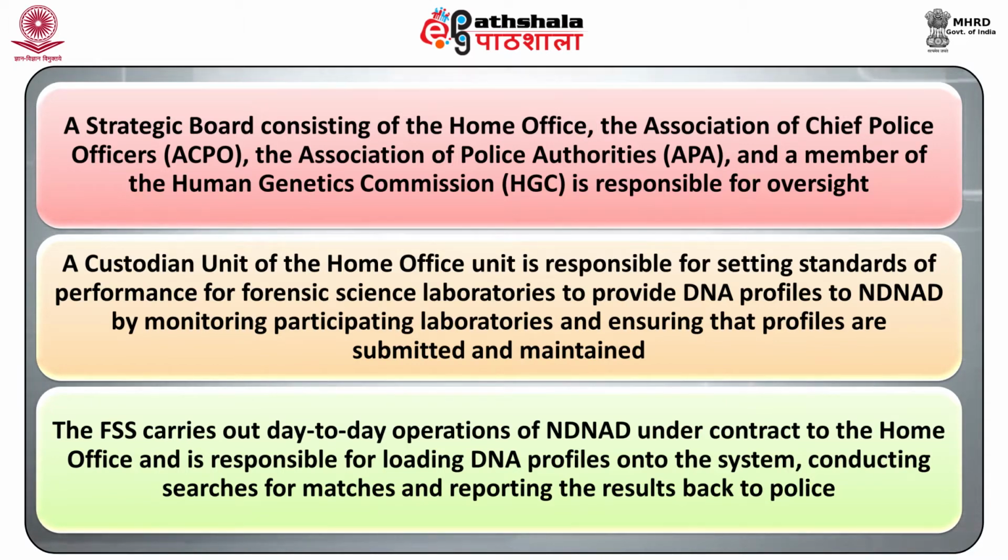Next is a custodian unit of the Home Office, which is responsible for setting standards of performance for forensic science laboratories to provide DNA profiles to the National DNA Database by monitoring participating laboratories and ensuring that profiles are submitted and